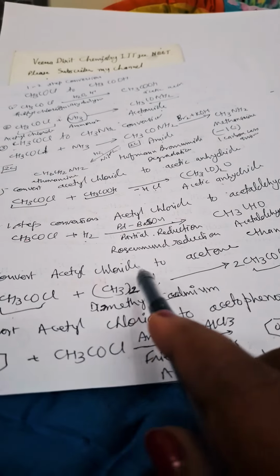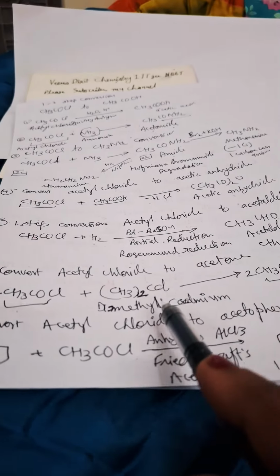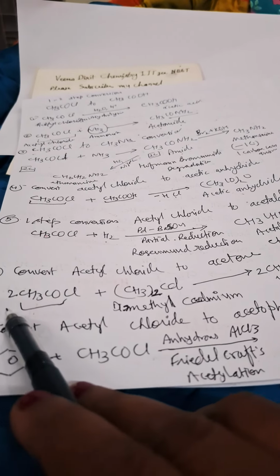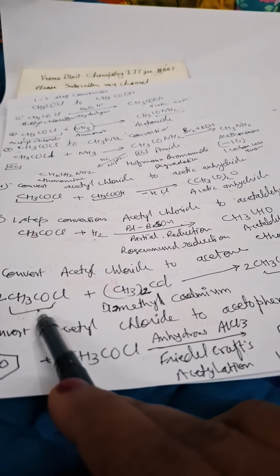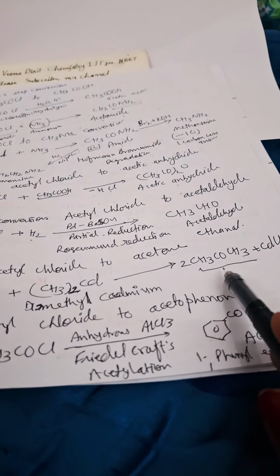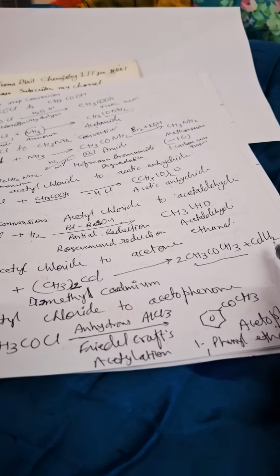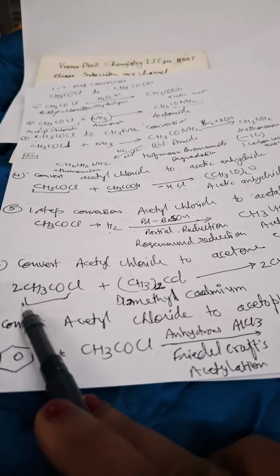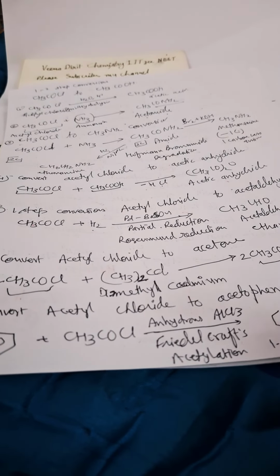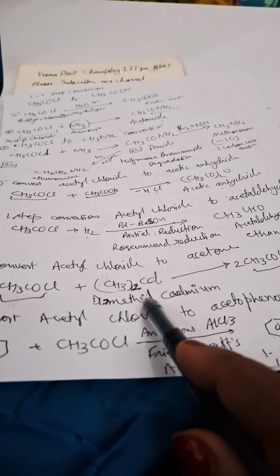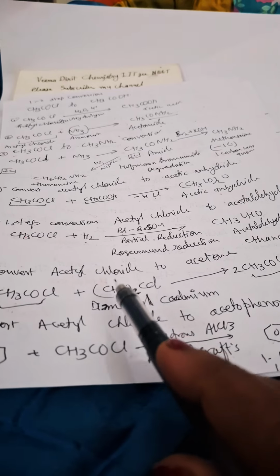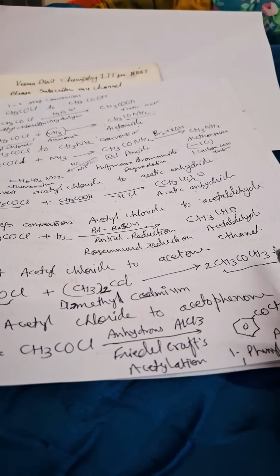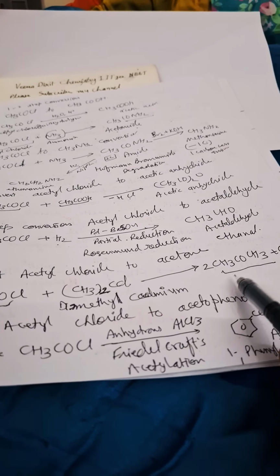Now see acetyl chloride to acetone, very important. When dimethyl cadmium reacts with CH3COCl, it will give you twice CH3COCH3, that is acetone, and CdCl2 will be obtained. In this way, you can convert acetyl chloride into any ketone. If we take (C2H5)2Cd, that is diethyl cadmium, at that time the ethyl group will be there, so you will get 2